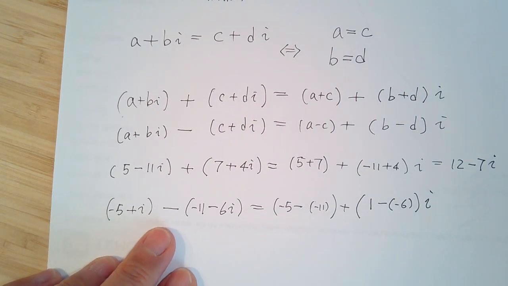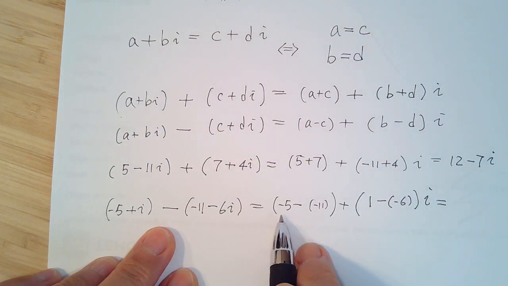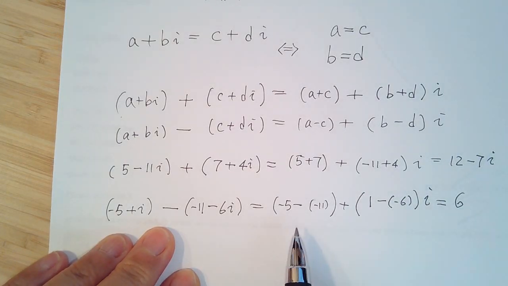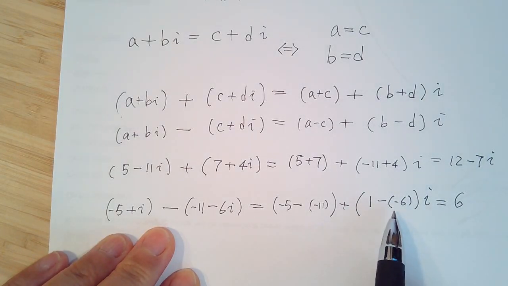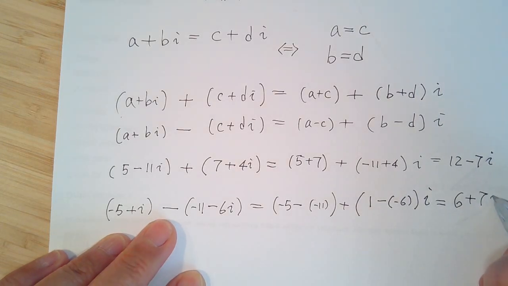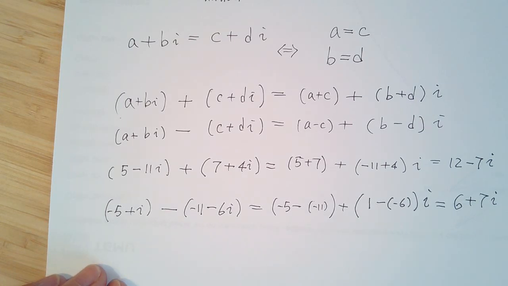It's like combining like terms, right? So negative 5 minus negative 11 is 6. Okay, 1 minus negative 6 means plus positive 6, so that's 7i. That's your answer. All right, now we learn how to add or subtract